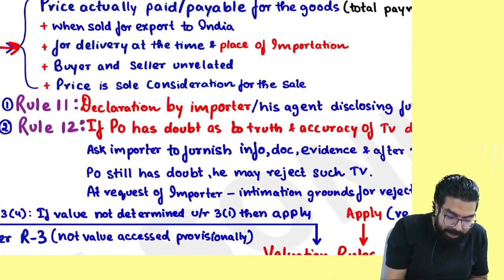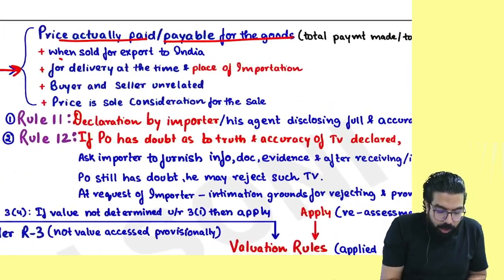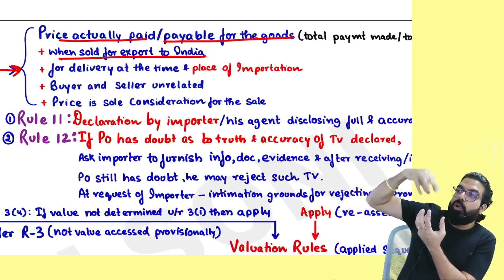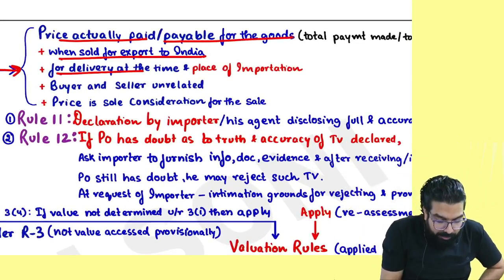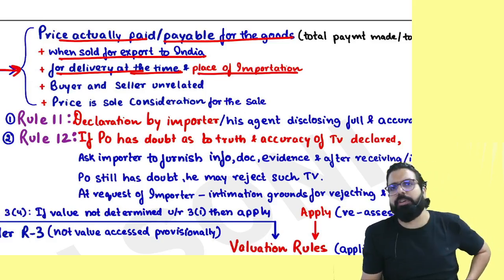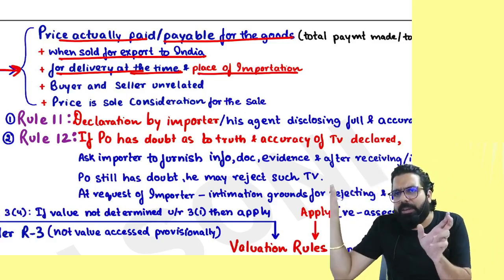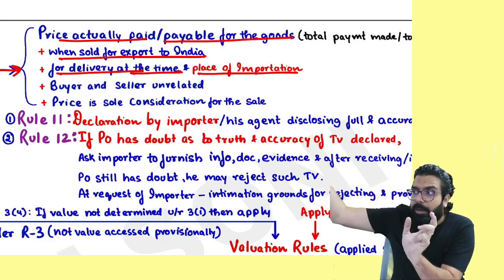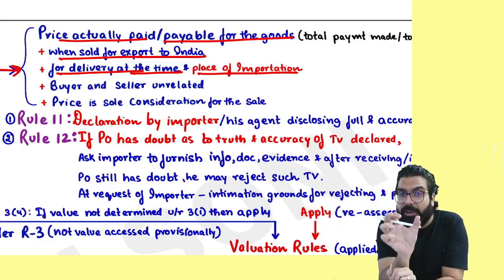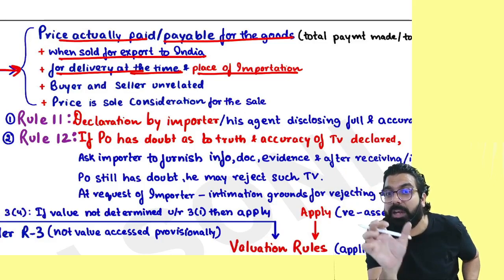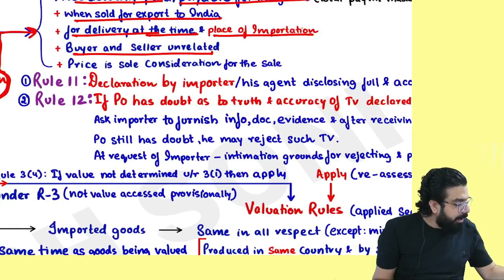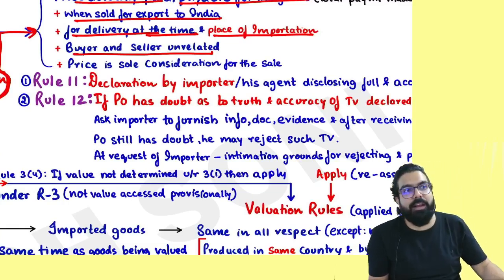Sir, what do you mean by transaction value? Transaction value means the price paid or payable when goods are sold for export to India, for delivery at the time and place of importation. People, tell me one thing. When delivery was at the US port, that value you'll take, or delivery at the Indian port value you'll take? Delivery was done by the seller at the Indian port, that value you'll take, means the CIF value is the transaction value. Then they are telling, when the buyer and seller are unrelated, because if the buyer and seller are related,